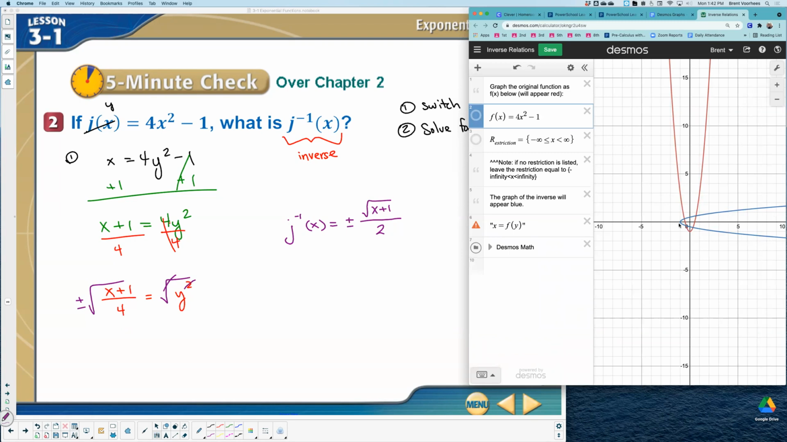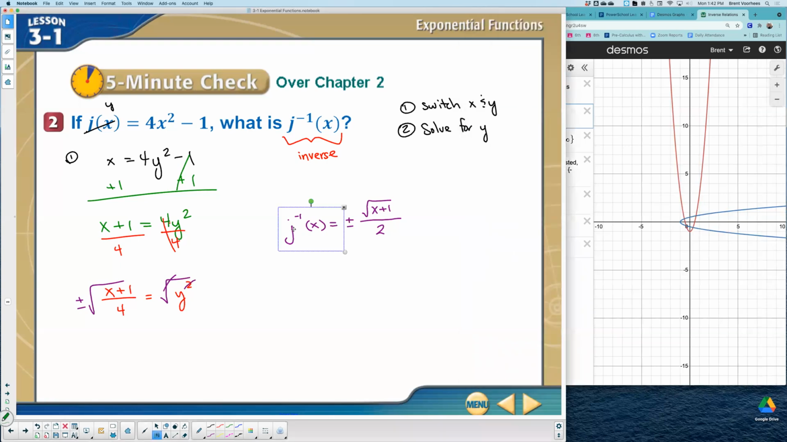Is that blue a function? Does that pass the vertical line test? No, it fails the vertical line test, which means this is just an inverse relation. So technically speaking, I shouldn't use this symbol here. That would be if it were a function. I'm just going to go ahead and put it in here, y. And this is f negative 1 of x, which implies